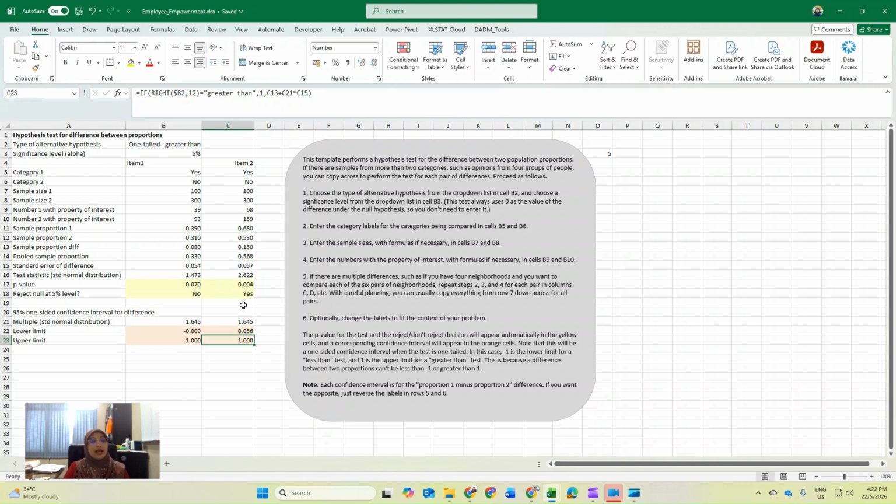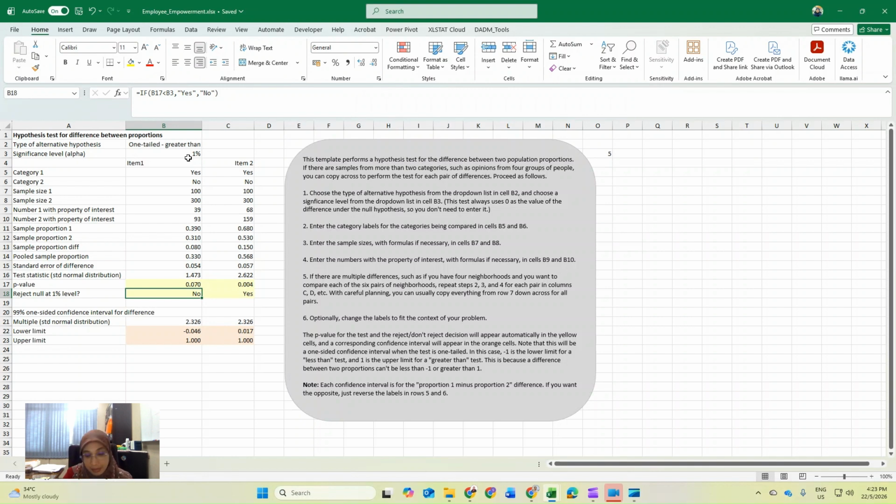For our second item, you reject the null hypothesis. This one rejects the null hypothesis, and this one does not reject. If you change the 5% alpha to 0.01, both are yes. If you change to 0.01, this one is still yes. Only at 0.001 can both be rejected.